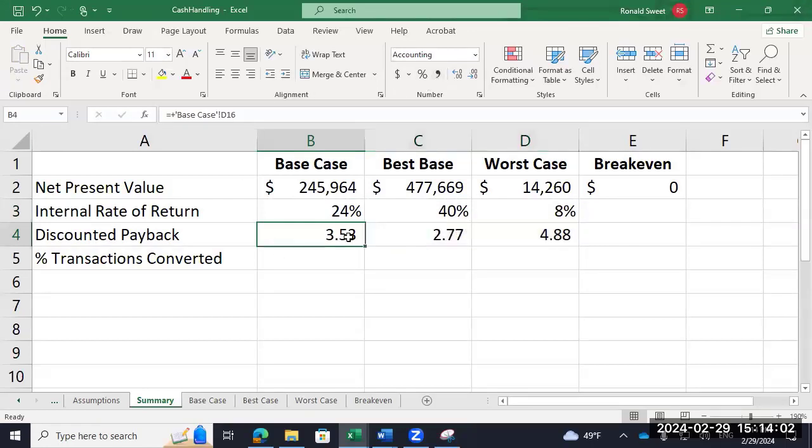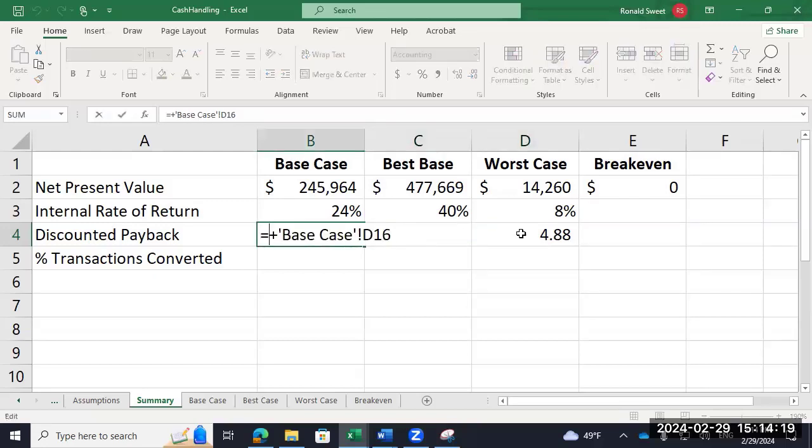Now here's where you got to be careful. If the net present value is negative, the payback is going to come up as 5 years because it's going to say you still need a year. But if the net present value is negative, payback is not good. So we're probably going to have to add an if function. If,